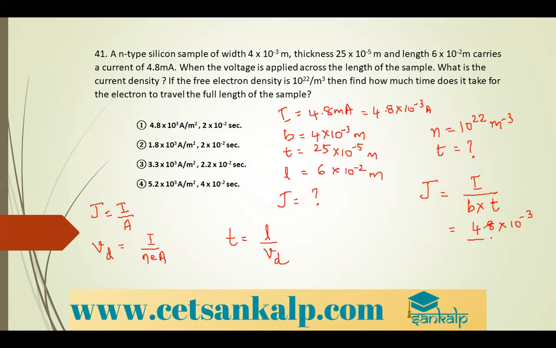Okay, whole divided by b ಎಷ್ಟು? 4 into 10 to the power minus 3 into 25 into 10 to the power minus 5. 10 to the power minus 3, 10 to the power minus 3 cancel. So 4.8 divided by 4 into 25 is 100 into 10 to the power minus 5. So ಏನಾಯ್ತಿದು? So 4.8 into 10 to the power 3 ಆಗುತ್ತೆ ಆಂಪಿಯರ್ per meter square. ಇದಾಯ್ತಾ? ನೆಕ್ಸ್ಟ್